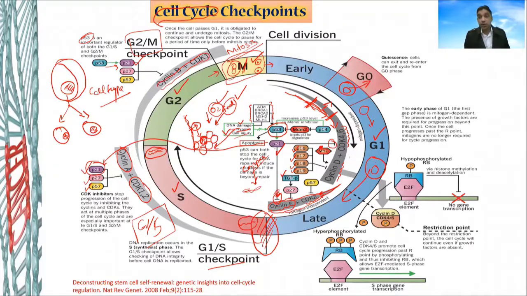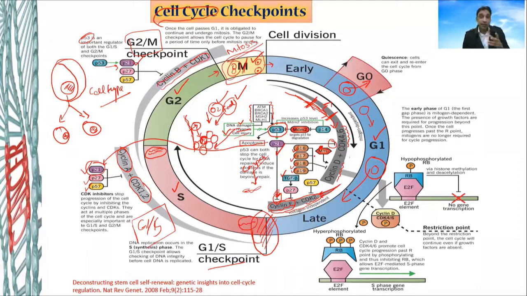Anything which can stop it is like a brake. Now you can think, if there is a cell which is dividing very fast, you can guess where those cells are living. Those cells are living in the hair follicle, in our skin, in the reproductive tract, in the bone marrow, which are dividing very fast. If the cells are dividing very fast, you can guess which of those things are not there. You can guess which of those things are there.